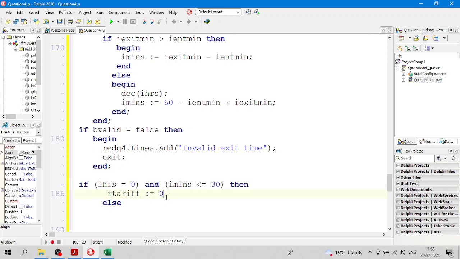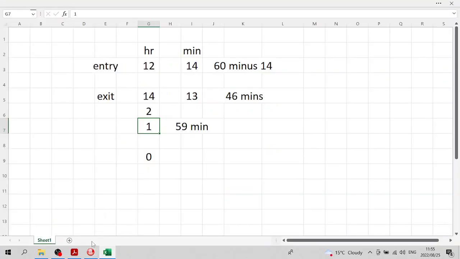Okay, I do not actually need an else here. And we could have even used a case, but I'm not going to go there because this is a complex thing. If R hours equals 0 and R minutes is greater than 30, then we're going to say our tariff colon equals, we have to assume it's 1 hour,